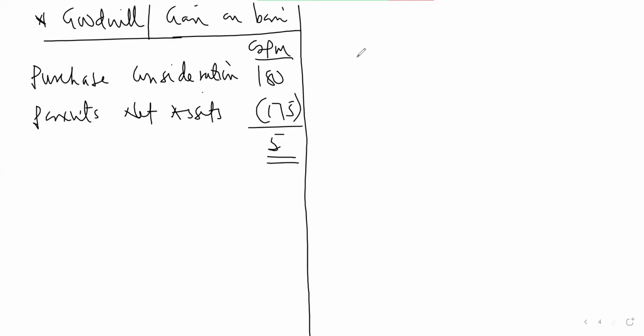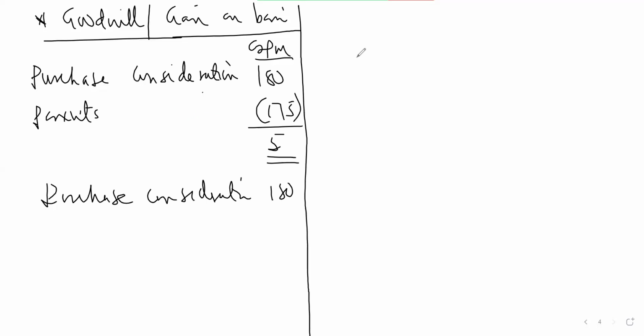Someone can also do this like this. We have the purchase consideration of 180. Then the person will say that, let me talk about the parent's net assets here. We have the total net assets minus 75. Is that correct? Yeah. Okay. Someone can say, you see that we are subtracting the 75 over here, it represents what? The non-controlling interest, the minority. So you can see that the non-controlling interest, you are subtracting it from this one.